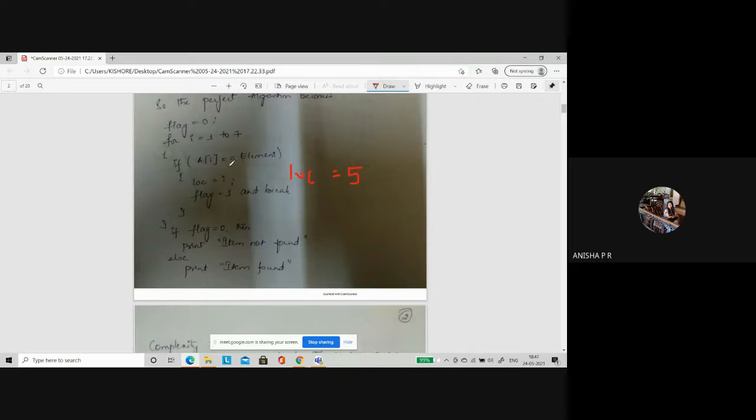If it is not happening, then ma'am, where is else? Okay, fine. If it is not happening, what will happen? This loop gets exited if A of I was not equal to element. If you did not get your element, it will exit this if block. And where will it go? It will again go back to the for loop. I gets incremented. Again it comes, it checks. If it is found, it is okay. It is not found, again it exits, again it goes back. Rather than going to else, we are breaking it in this manner. Okay. You can do it in any way. I'm not saying this is the fixed way. I'm saying one way of doing it is this, without a mistake.